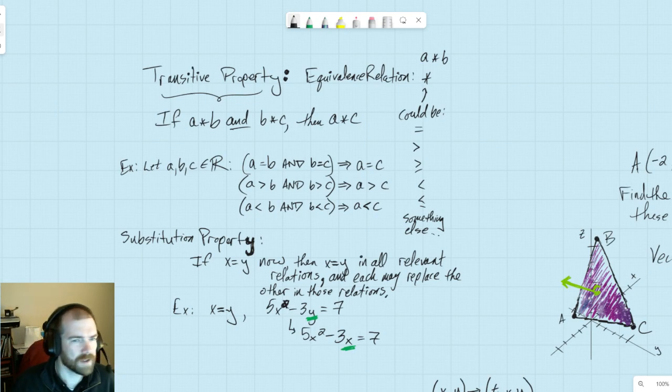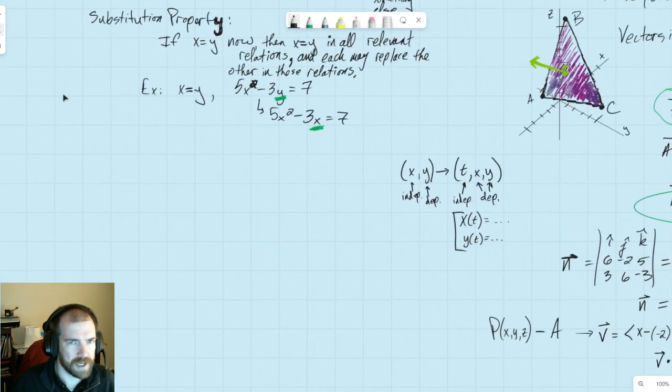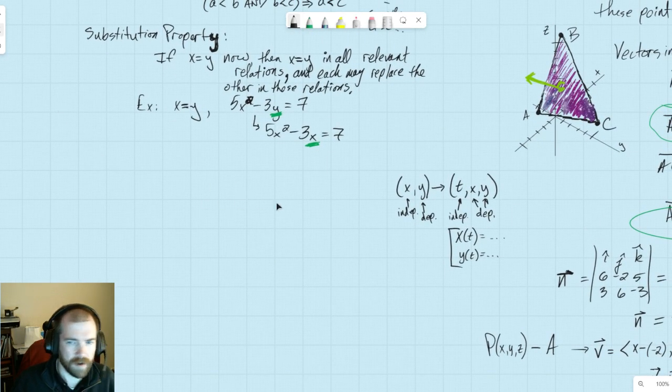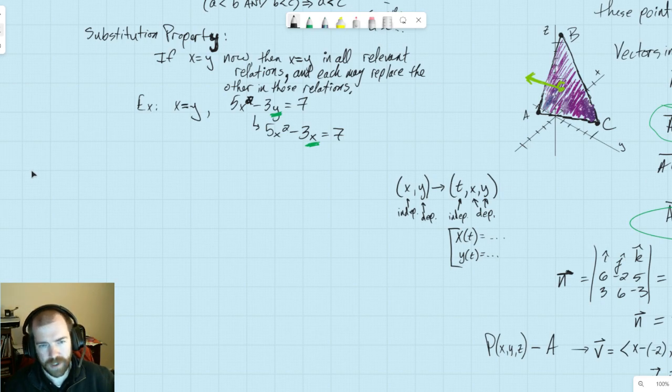All right, there's like an infinite number of examples we could do for substitution property. I do it all the time here because if we want to exchange a particular look of how something looks, then we can do that in any particular equation. Doesn't matter where it is, doesn't matter pretty much anything at all. We can always change the things that we have in the equations for things that make our lives easier.